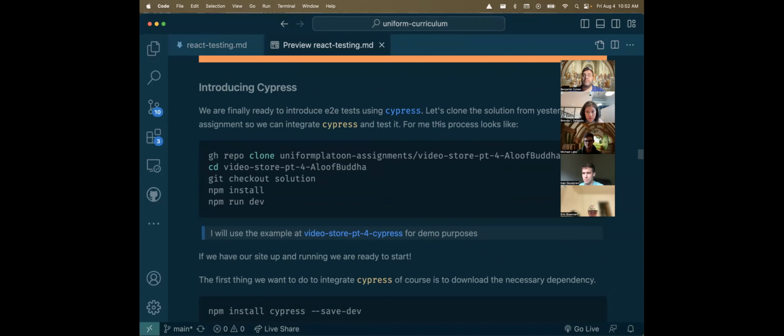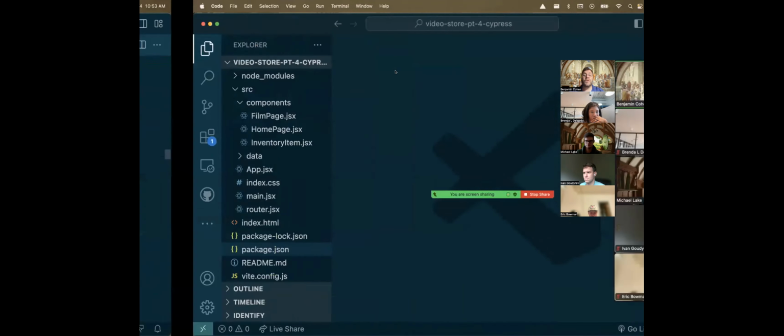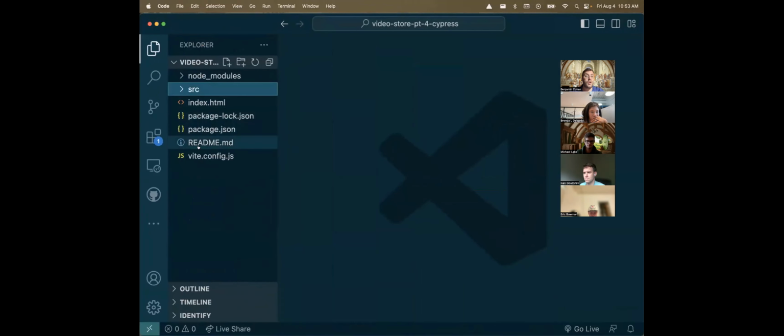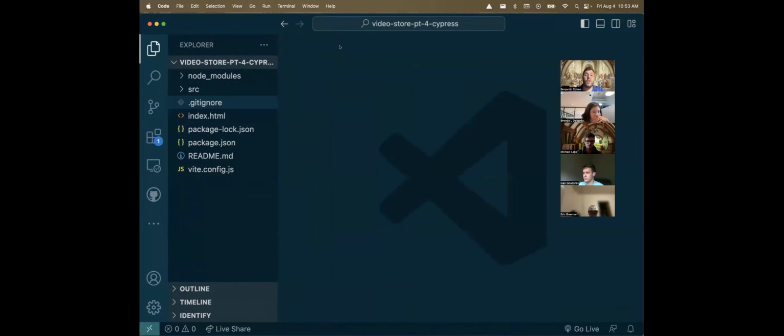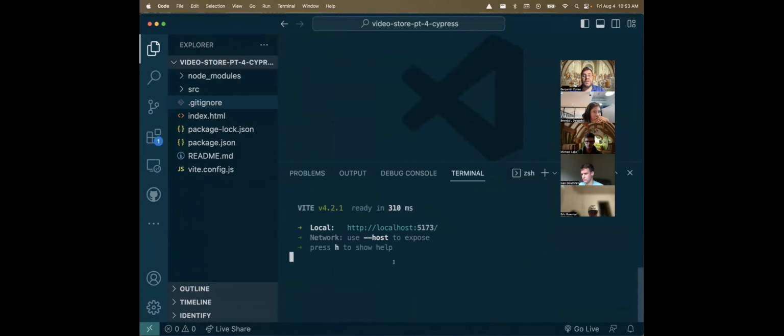When we switch to the solution branch, do we need to redo npm install? Sometimes, not necessarily. Are you having a specific issue? Oh no, just asking. I think no. But the reason why it's no is because if we look over here, usually you're going to have a .gitignore. And part of the .gitignore is you say ignore node modules. And as long as you're ignoring node modules, so currently you still see it there, but if I were to